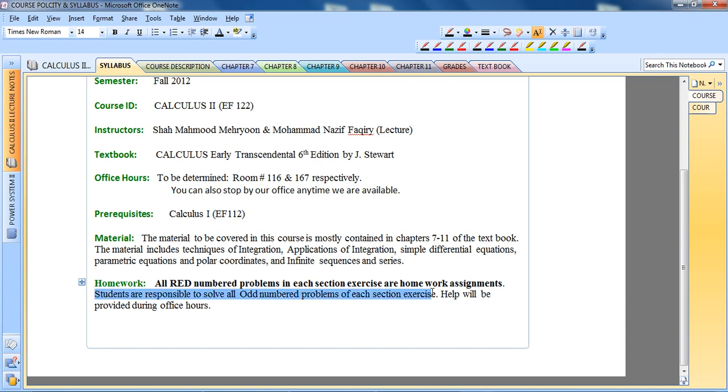This sentence means that you don't have to solve these problems in a paper and bring it to me. It's your responsibility as a student to solve these problems so that you can better understand the content of the course. But these red numbered problems are your assignments that I will collect from you. Okay,